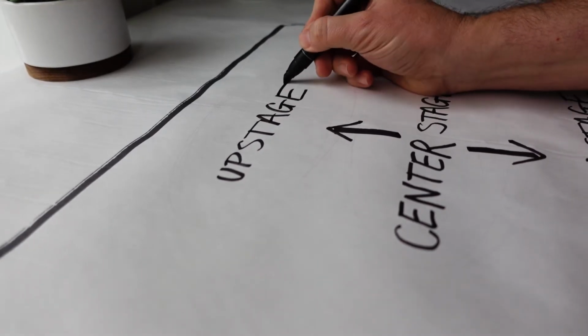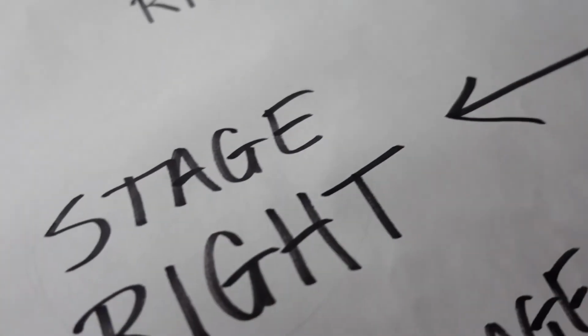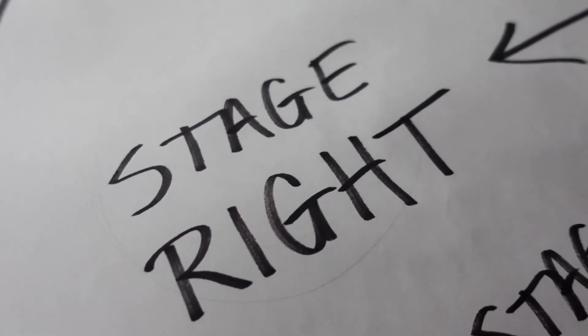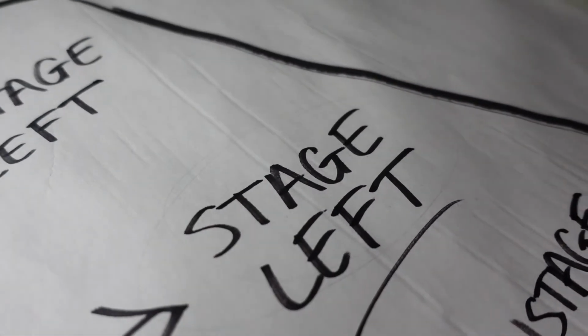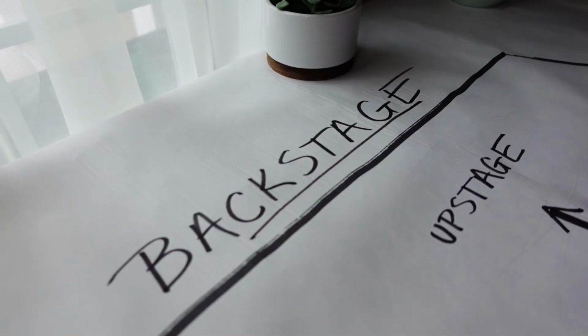So anytime you're moving actors, as a matter of fact, it's a fun game to play with your cast. Say everybody move downstage and see which way they go. It's a way to teach terminology. Going towards the right while standing on stage is conveniently called stage right. Going towards the left, stage left. All right, backstage is anywhere behind the curtain, not visible to the audience, and that's the basics you need to